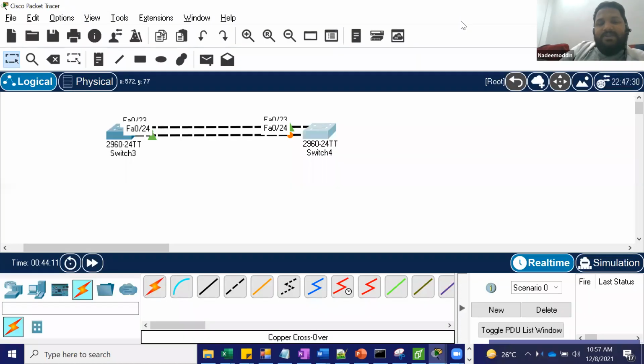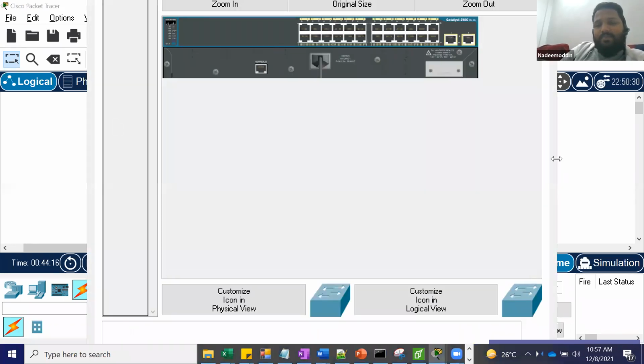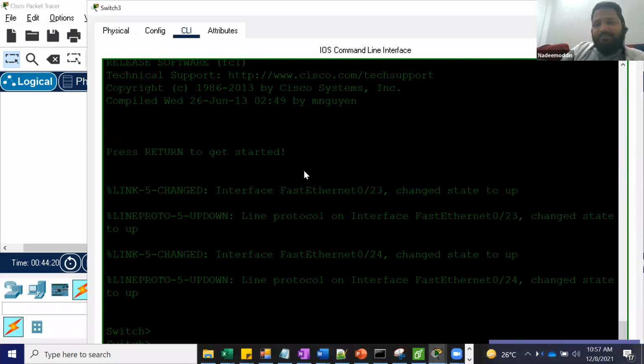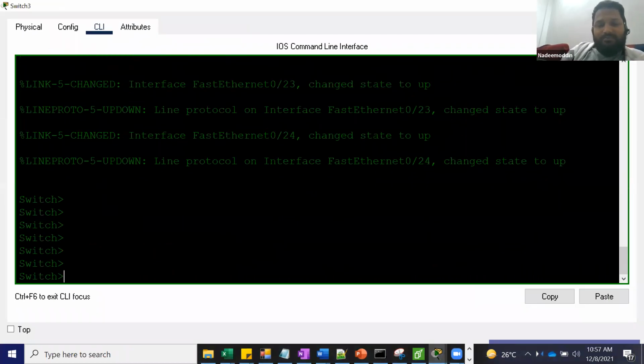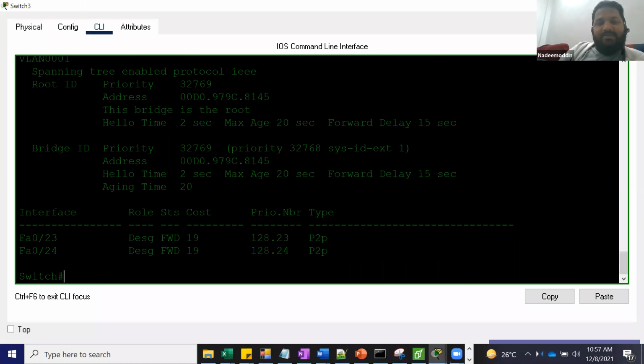If I go back to this switch, you see this switch has both ports forwarding. If I go here and check, show spanning-tree, it will say this bridge is the root. The root bridge has both ports in forwarding mode, and it is the root bridge because it has the lowest MAC address.